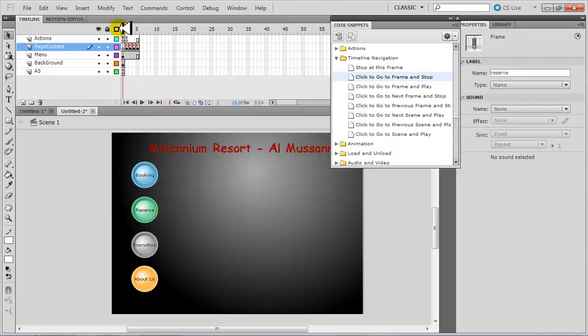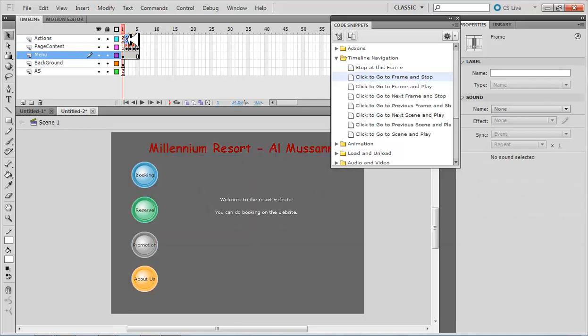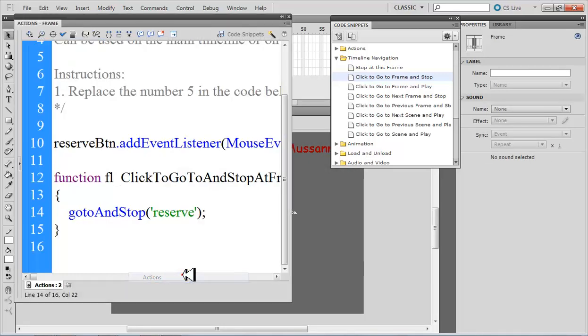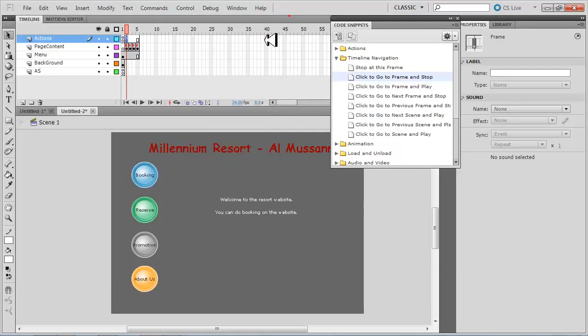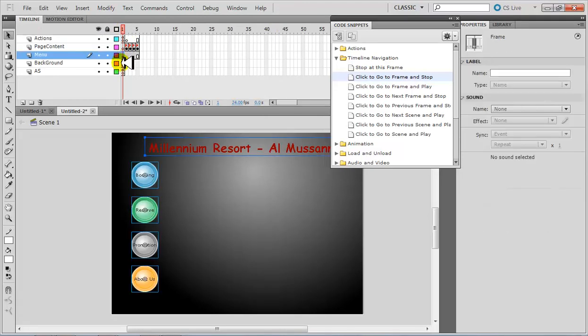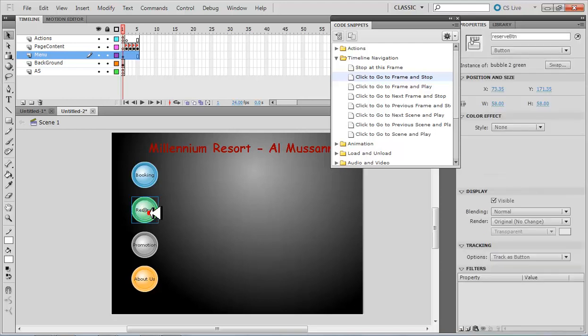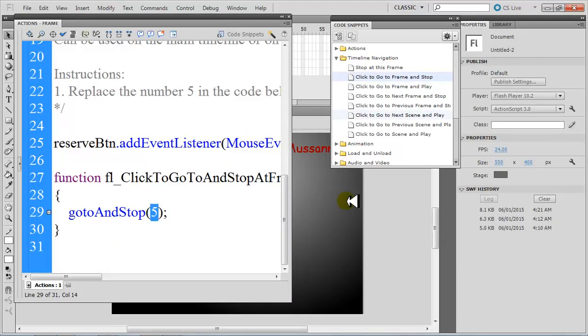So make sure when you've done that you're here. If you're not here, then it may be a problem. So let's just verify that you were here. Yeah, so you're not here. So just delete this code. Make sure you do this from the beginning. So make sure you click on menu, the first one is menu. Click on the reserve button, again go to window, code snippets, then under timeline navigation click and go to frame and stop. Over here you should make sure you write